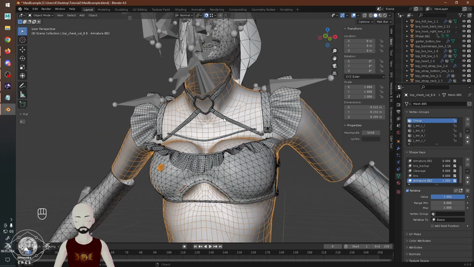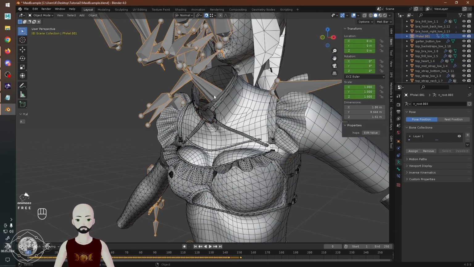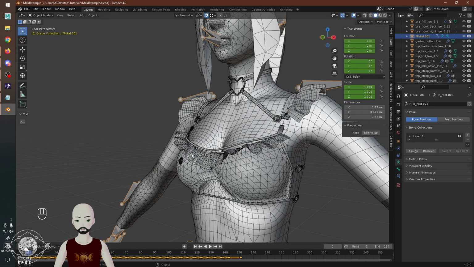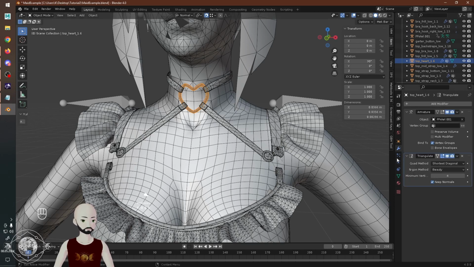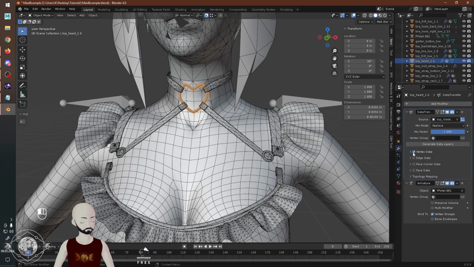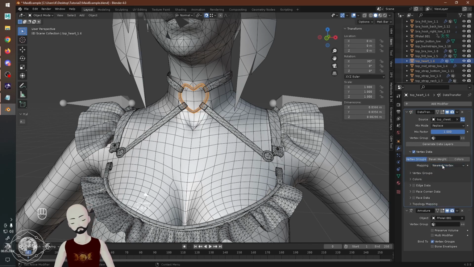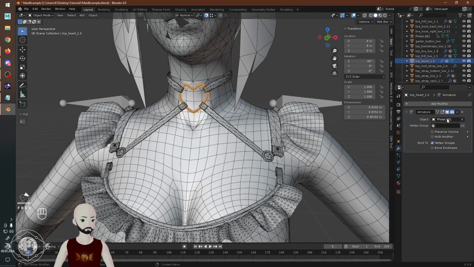By the way, if you have stuff that bends and you don't want it to bend, because that's the other side of the coin, I will quickly data transfer this. If you data transfer on something like this, with no shape keys, even with nearest vertex, but if you go with standard settings, right,